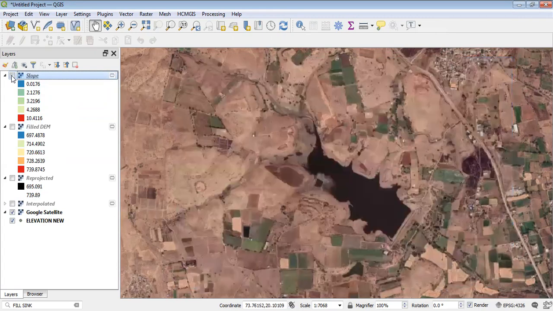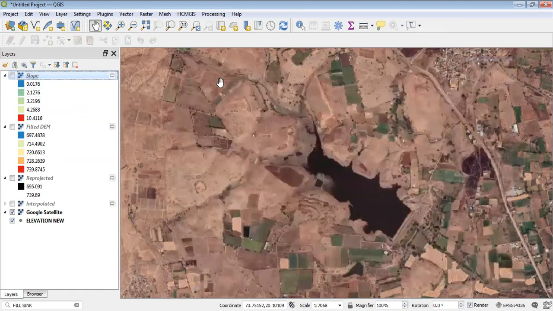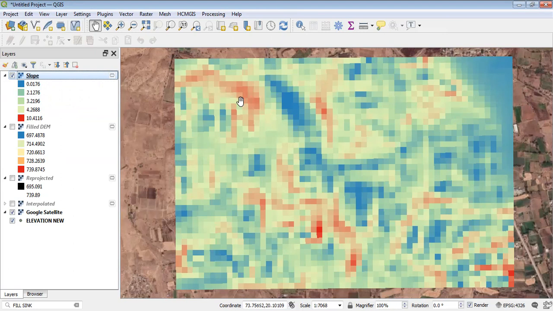Okay, so here it is the reservoir on this particular location. It is the flat slope, 0.01%. But somewhere it is hilly land, so we can see here also. We can see the particular stream is also there, and the slope is elevated. It is nearly 10%. Here also the flat land. The entire land is flat.